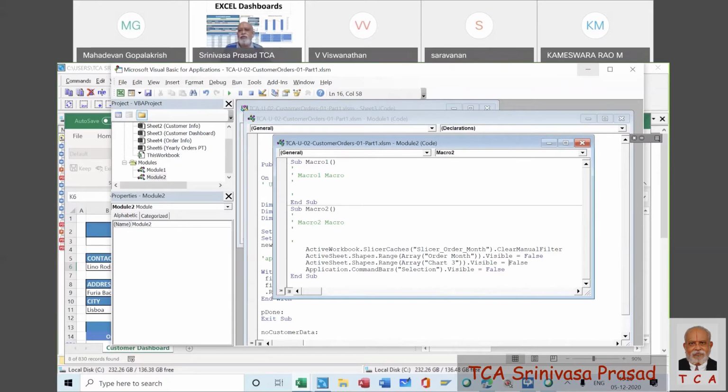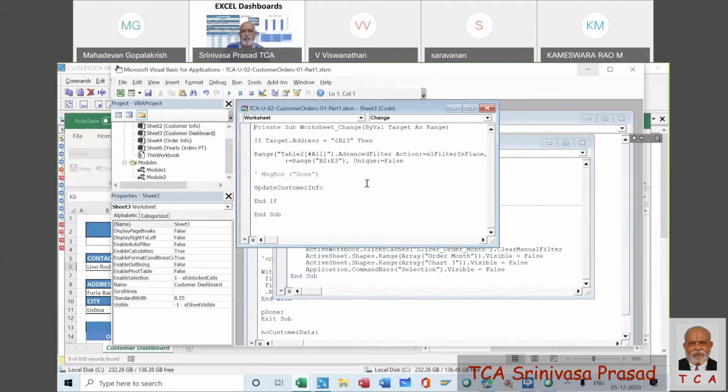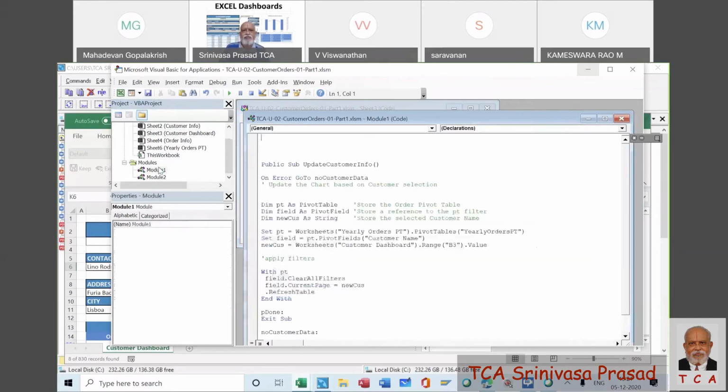Now here also we are going to do the same thing. So what we will do, we will now copy these 3 lines. Let's say we take a copy of this. And where should we now go? We should go to the dashboard, or we go to the module. Module may update customer info. All the jobs that we are doing are only based on the customer information whenever it changes.